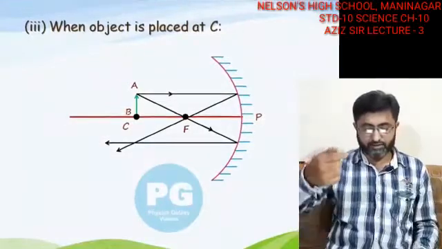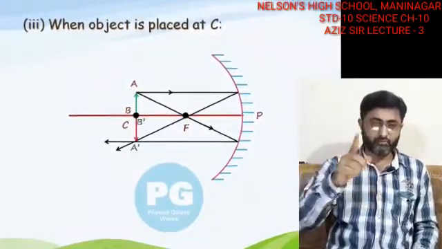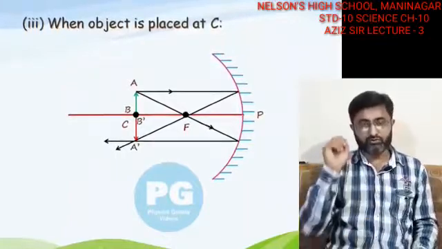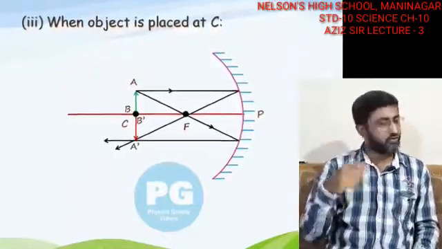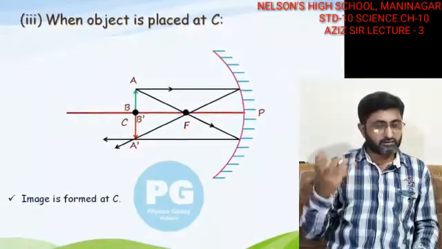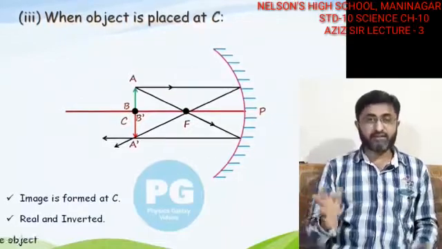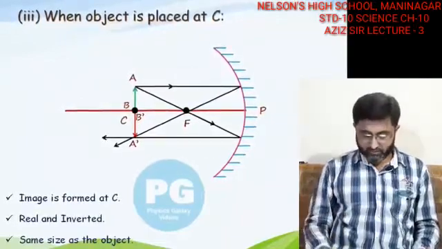So, you will be able to see that the image which is obtained is exactly below the C point, but it is inverted. So, object at C, image also at C. Now, nature is real and inverted, and size of the image is exactly the same as the object. Now, the next one